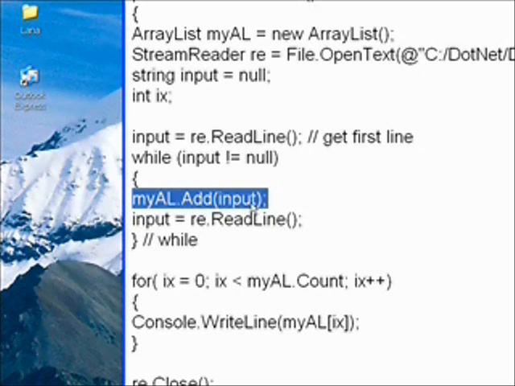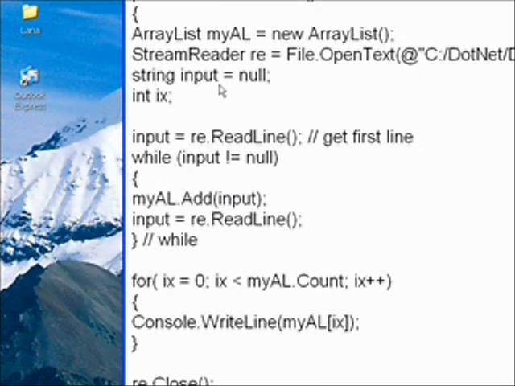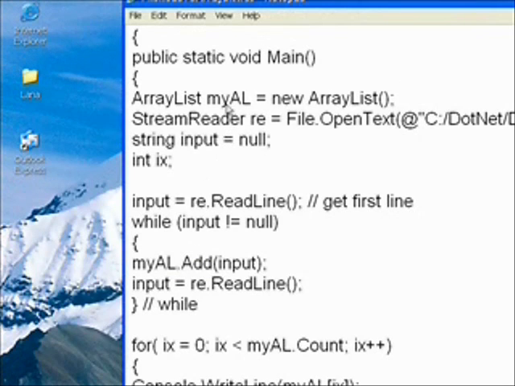And myal, as you remember, is the array list object. So this is a method of the array list object that adds this string to the array list. It works almost identically to the list box we were looking at early in the course. And then we read in the next line,